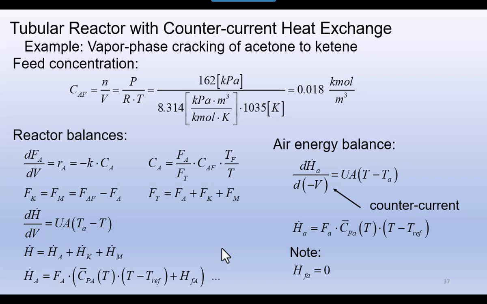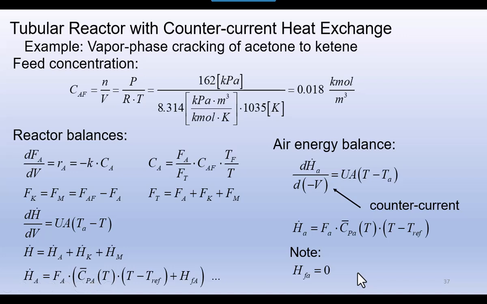And then for the air, the one thing that we notice here is that since we're dealing with countercurrent flow, we have minus V here in the differential, so that when we move the minus sign out, it gives us TA versus T over here on this side,